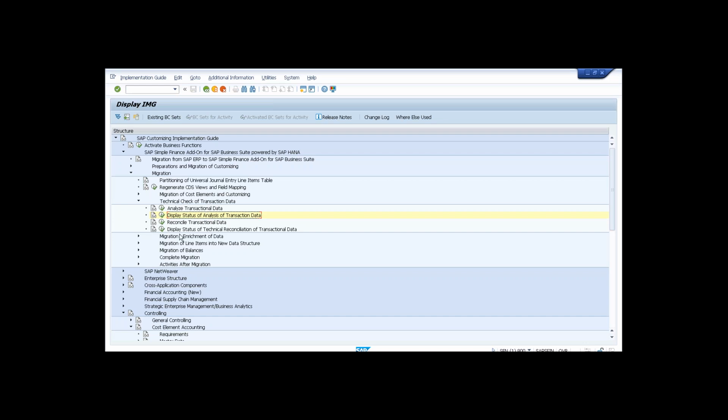Okay, the next step is also going to be the same, reconcile, but reconcile is at a higher level. Reconcile means it will check all the reconciliations. For example, whether my asset balance is matching with my GL balance or not, whether my material ledger balance is matching with my GL balance or not, whether my COPA balance is matching with my GL balance or not. All this reconciliation will be done in this activity, and it will again give you